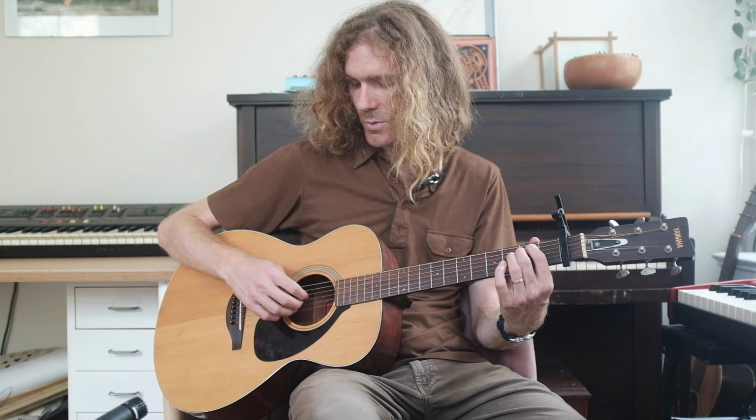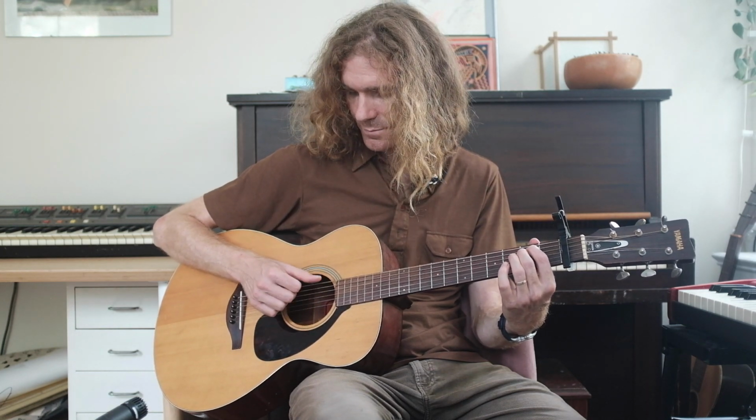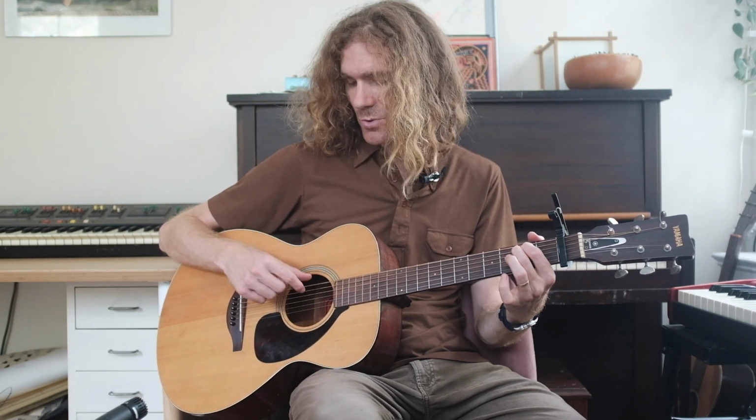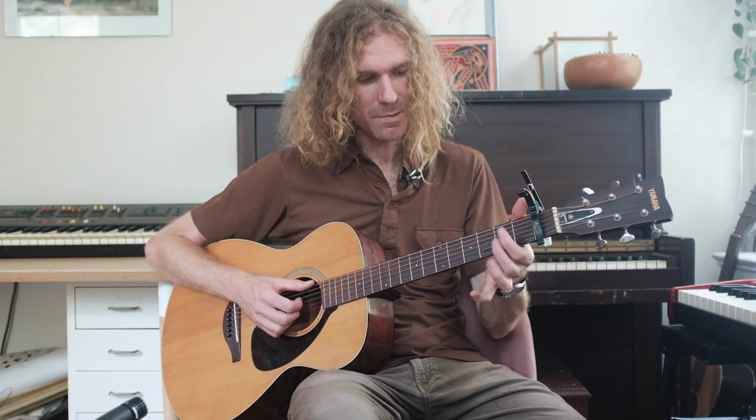Now, on the E minor, one time together, and I'm doing thumb on the low E and index, middle, ring on the D, the G, and the B. So that's all together like that. Then on beat 2, 1, 2, I'm going to do a hammer on. These fingers are going to pick up and then hammer back on, 1, 2. And I'm just playing the index finger on the D string there. So like,